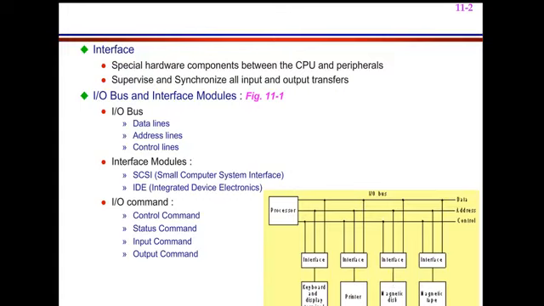This gives you information about the status of things. If I am going to transmit data, it tells whether the data has been transmitted or not, whether it has been lost, or whatever has happened, and whether my processor is ready to accept it or not. So that is your status command.